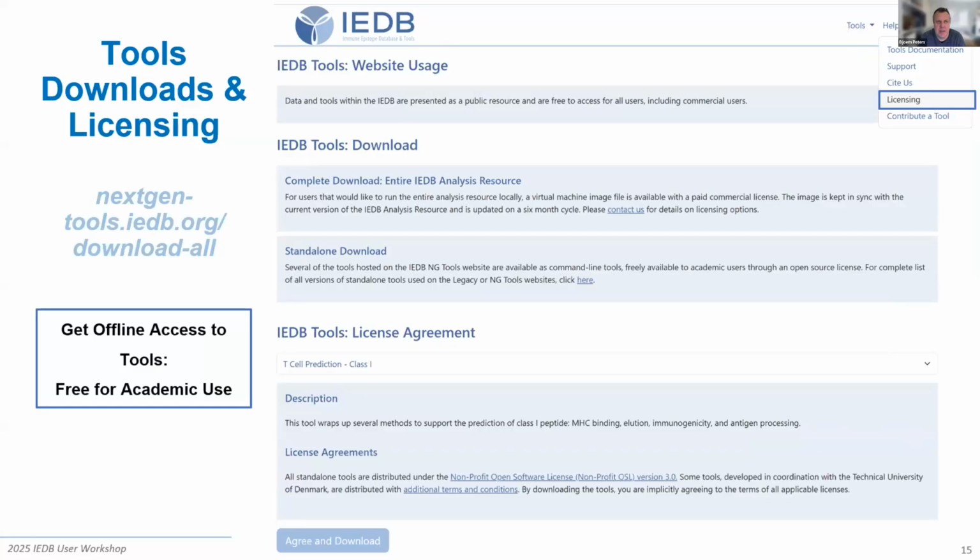If they're working on a protein drug, they are restricted from disclosing that to any public website, and IEDB is very much a public website. So if you want to work with tools behind your firewall, the best way of doing that in a commercial setting is to get a license, download the tool, run it on your site, and in general,